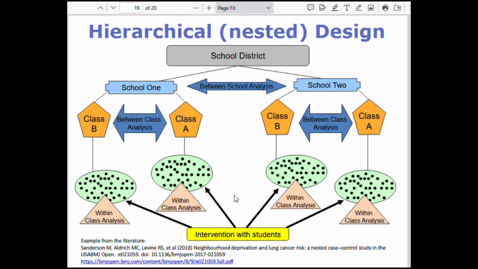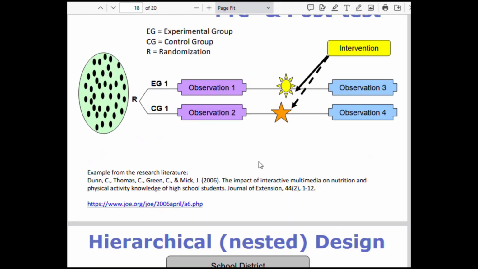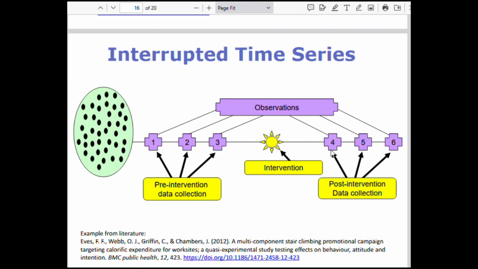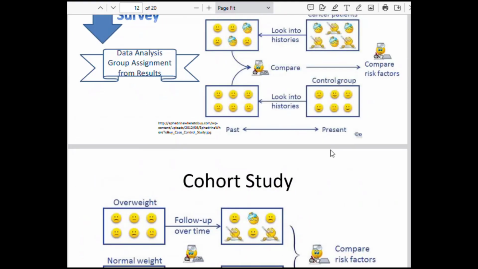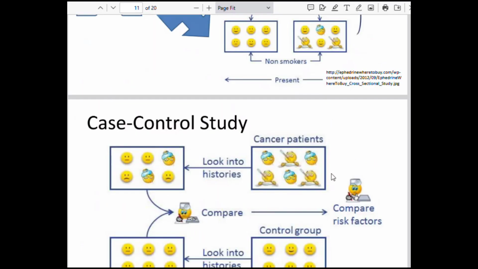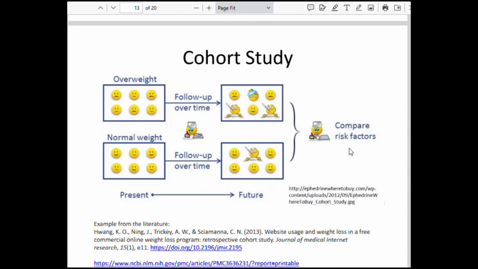You will see these if you take a research class. Well, you may not see this one, but you're going to see these all the way up through the rest of these that I've talked about. You're going to see these in additional courses as you go through school. And then when you get into grad school, you'll see them again. And in some cases, you're going to be